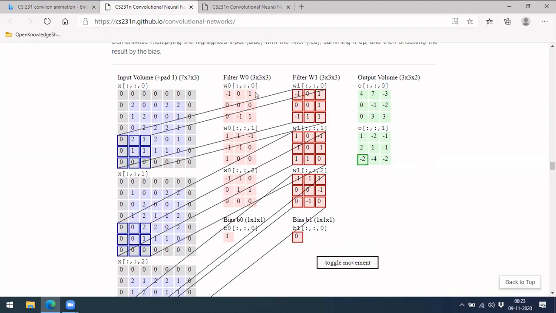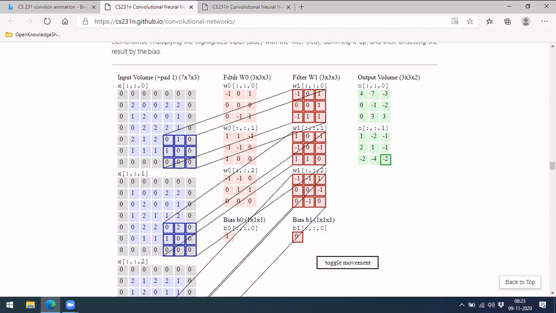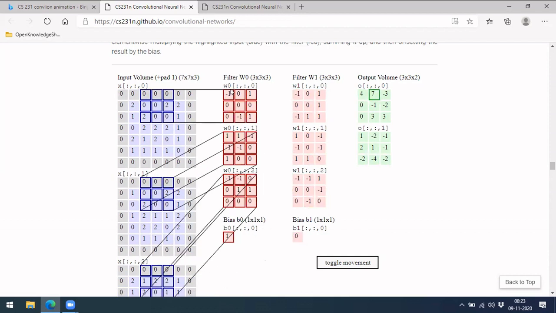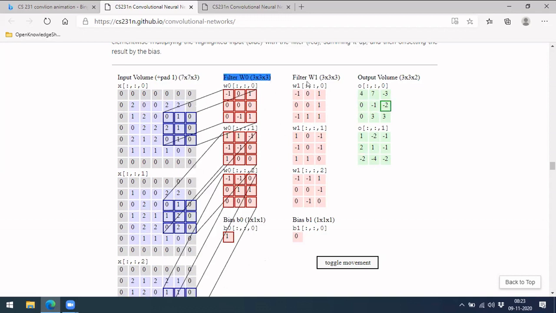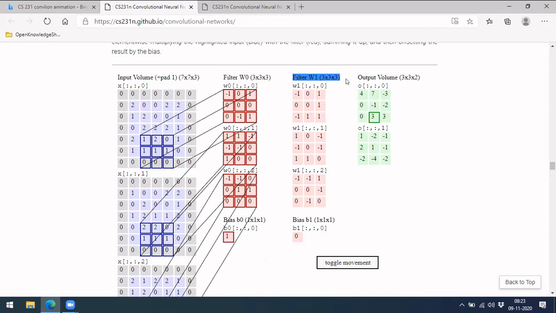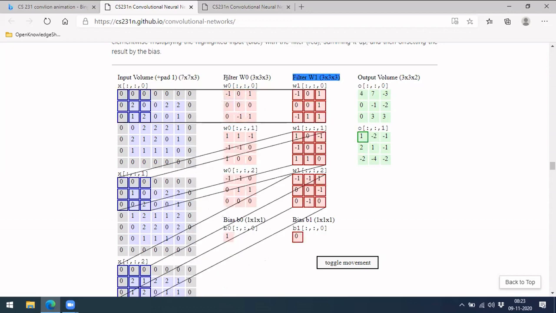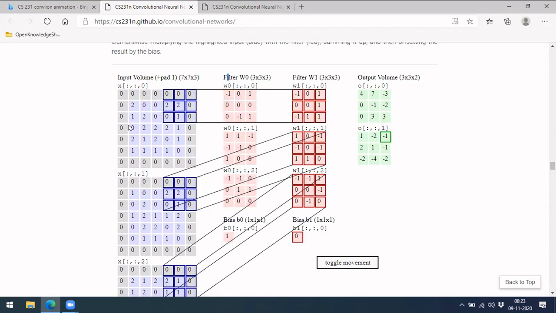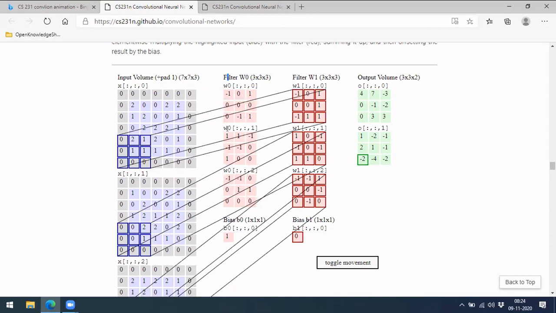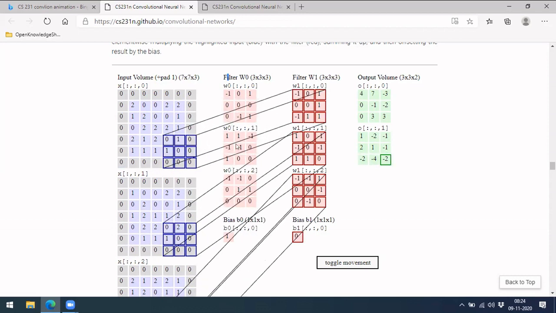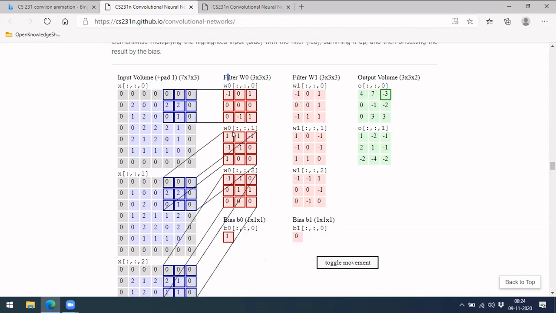So what will happen is, here are the filters. Treat these as some numbers, these are just randomly given. This is one filter, and similarly this is one more filter. This filter is again a 3 by 3 filter, so this is also a 3 by 3. Again, it is separated by layers.